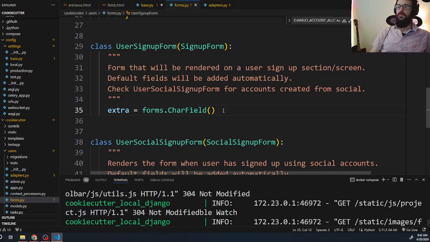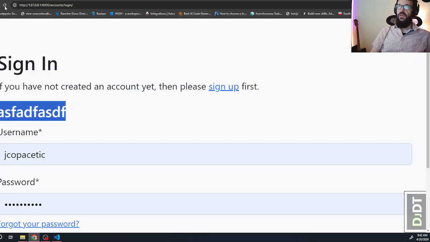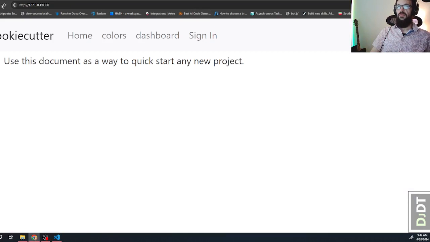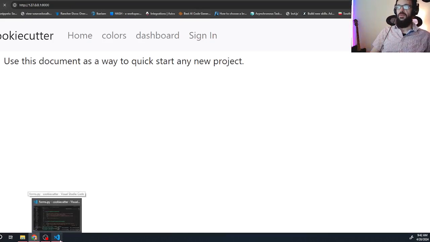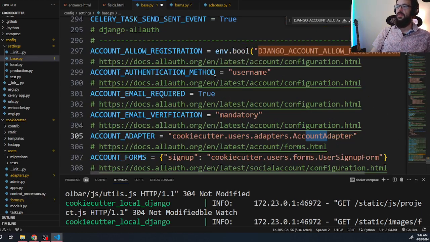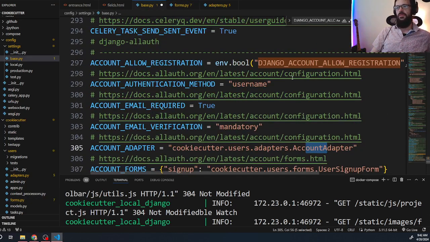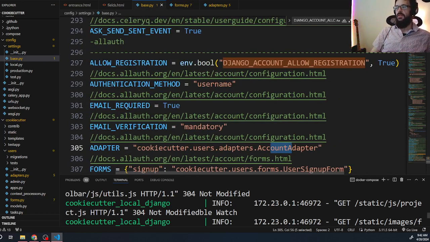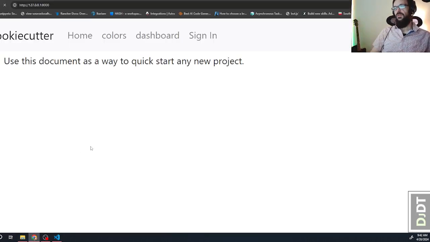Now when I go, you know what? Let me comment that out real quick. Hit save. Hit back, hit refresh. Did I ever change that variable? I didn't. Okay. So in base, I didn't save. I had adjusted this variable to false earlier, and I didn't hit save after I fixed it. So